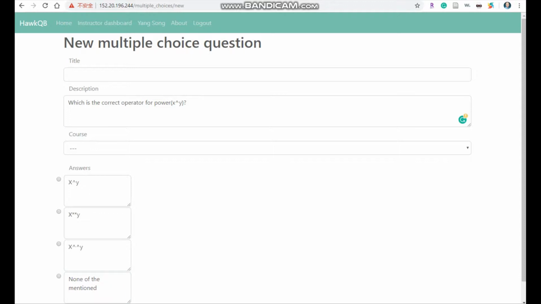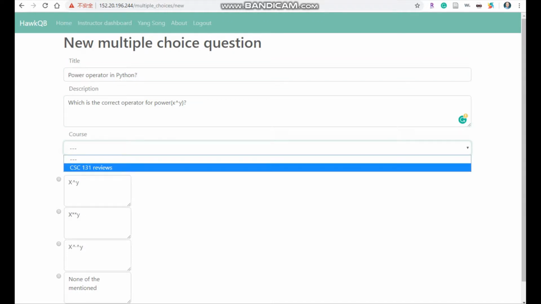Okay, so I have put the description of the question, and I need a title. So I'm going to say power operator in Python. Okay, so I have a title, I have a description, and I want to associate this question